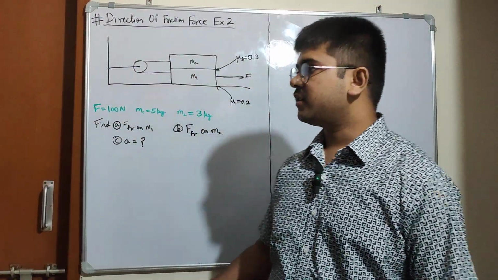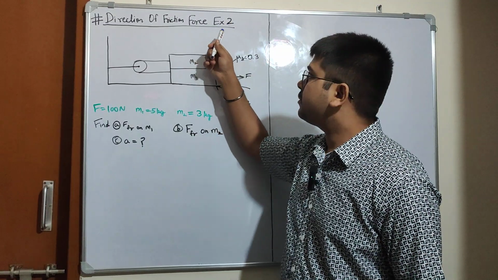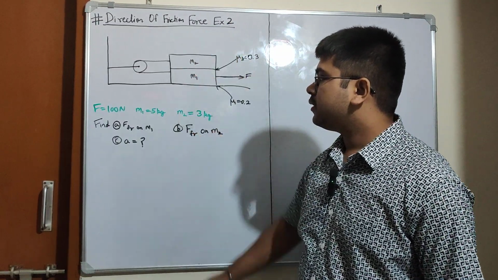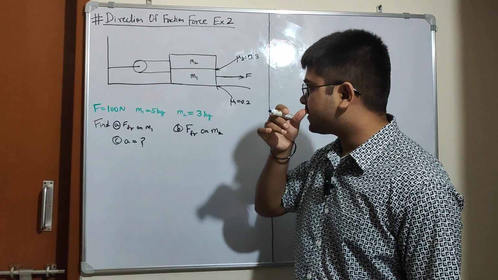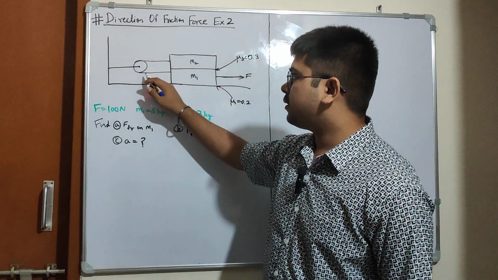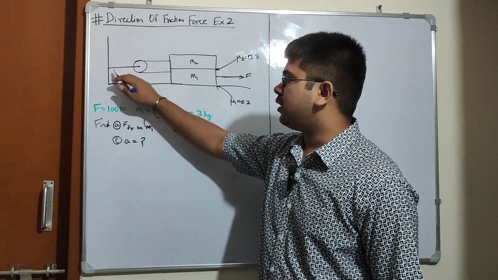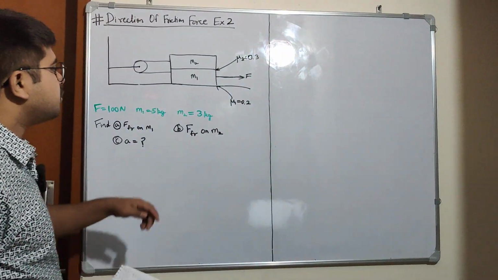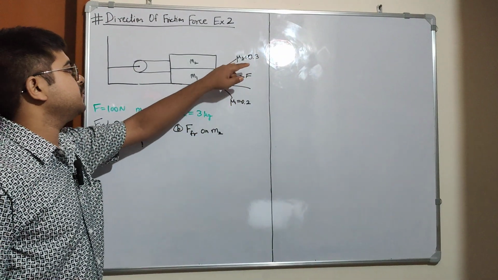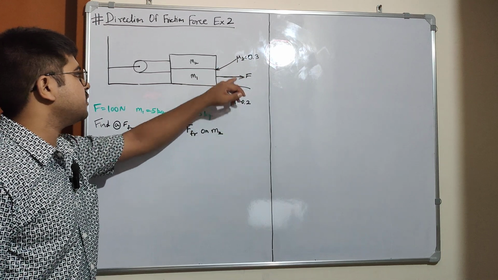Today we will be doing another example on direction of friction force, and the example number is example number 2. There are two masses kept over a surface and they are attached over a pulley which is attached to the wall. Then μ1 and μ2, the coefficients of friction between these two surfaces, are given here,